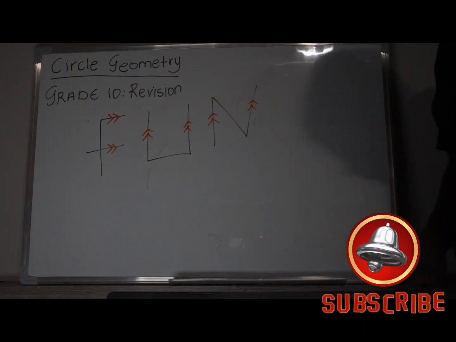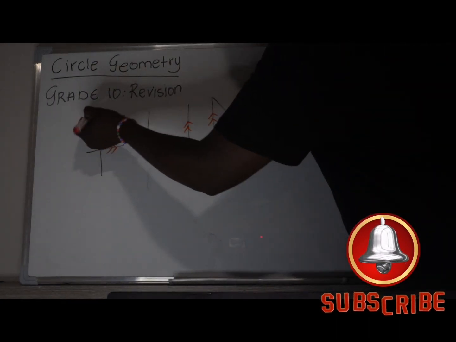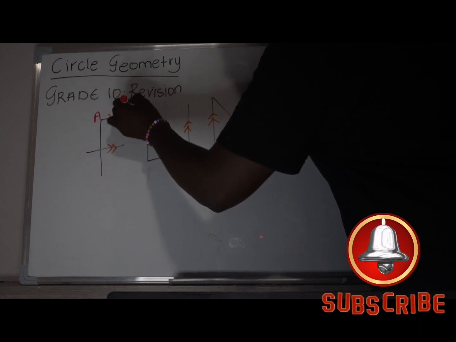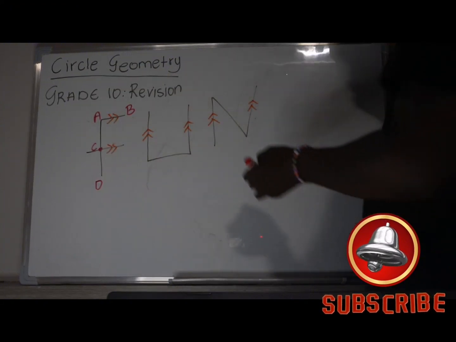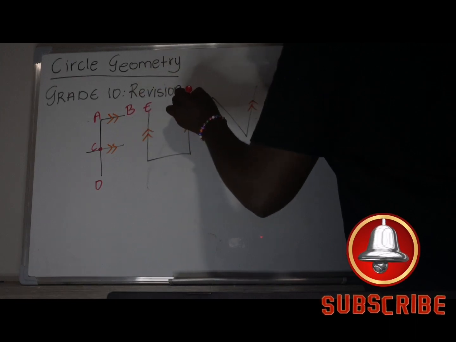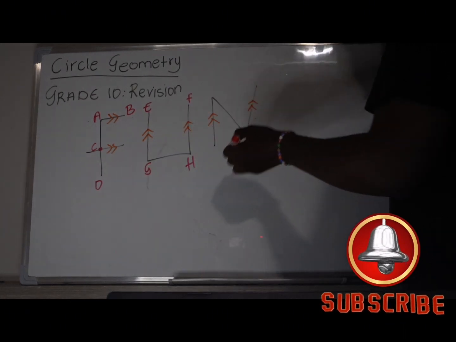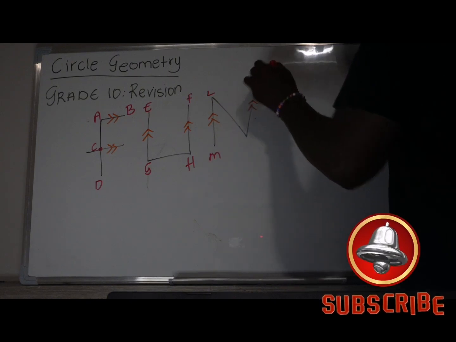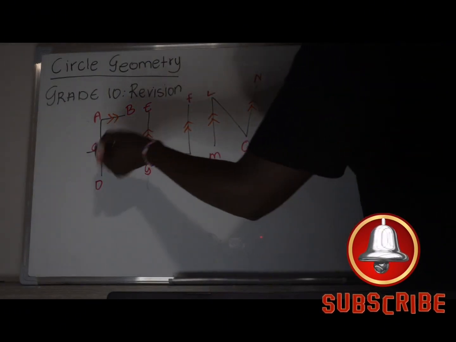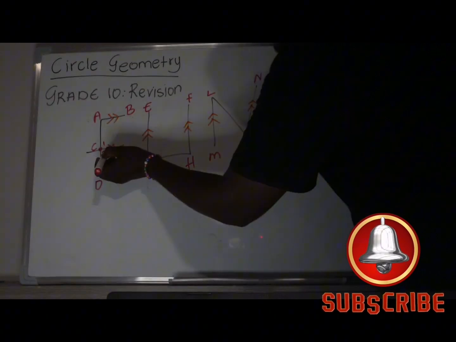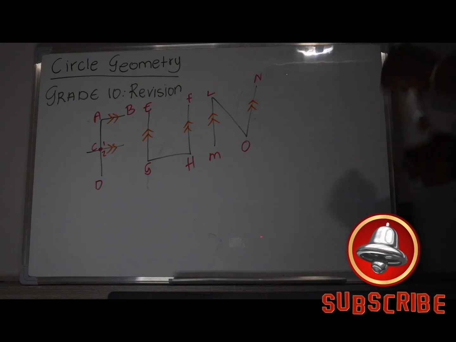Now, what does it mean? Let me just say A, B, C. This point is C, and we've got point D. Let me just say E, F, G, H, L, M, N, O. Now, you must see C1 and C2. I'm just making it simple, guys. So now, this means